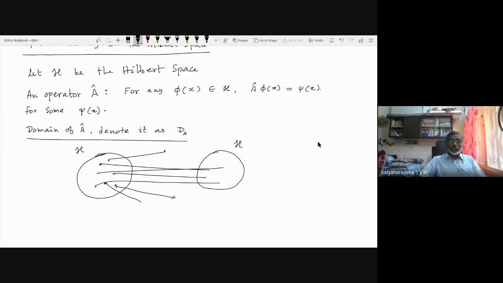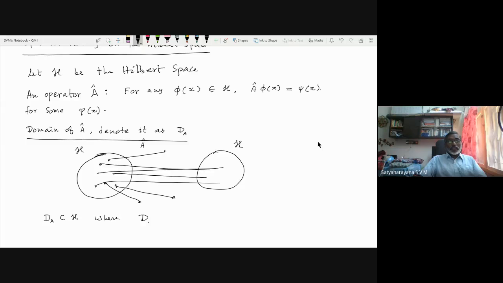So these functions are not in H, but there are some elements of H which are mapped within H. Those elements are called the domain of A. This is the operator A, which is mapping one state to the other state. So that means D_A is basically a subset of the Hilbert space, where